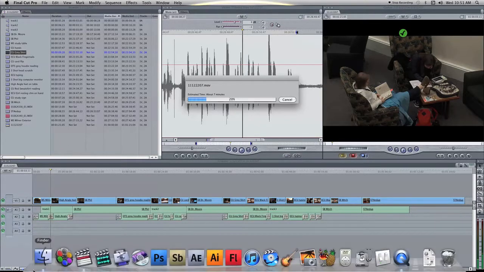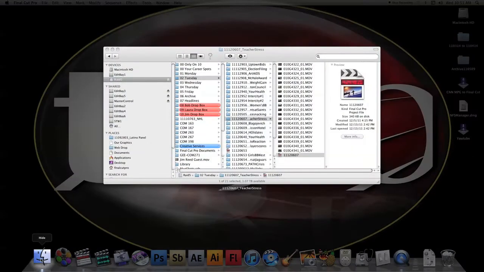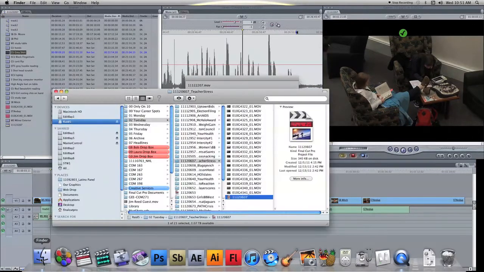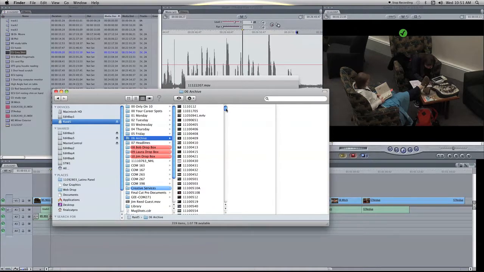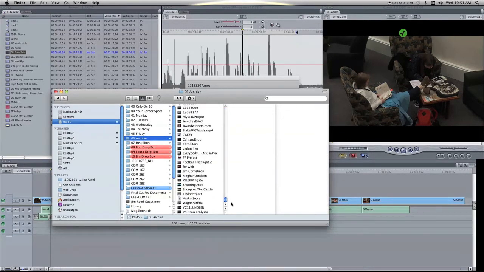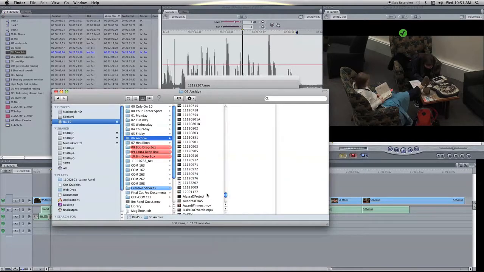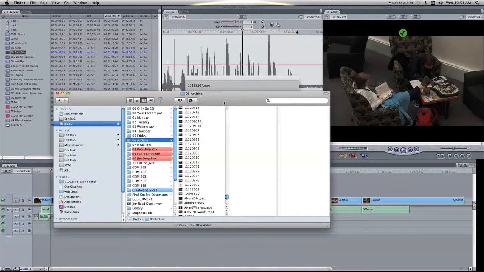The last thing that you're going to need to do here is go back to the Finder and go into Archive, and since these are in alphanumeric order, your thing's going to be near the bottom. You can see ours is going right now, 11/12/22/07. It's not done yet, but